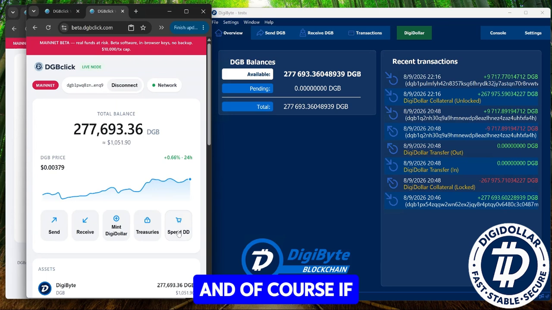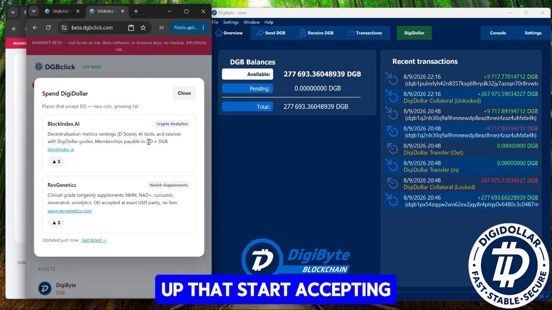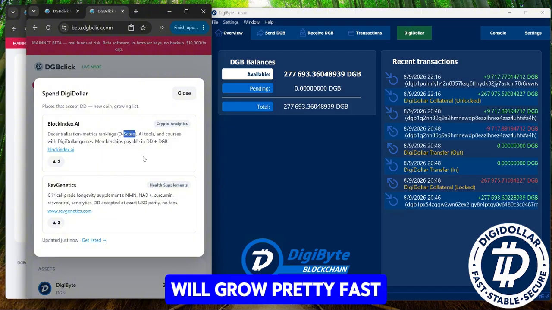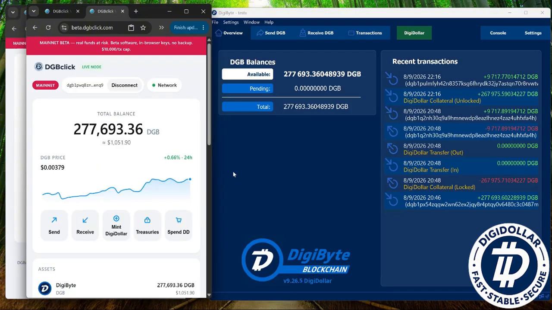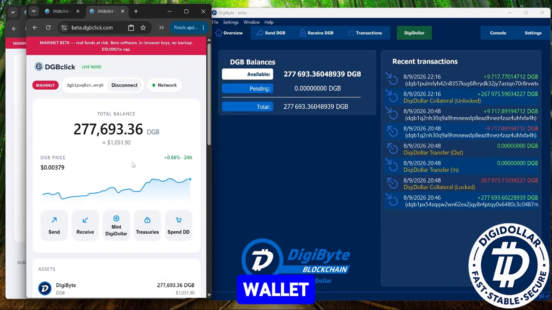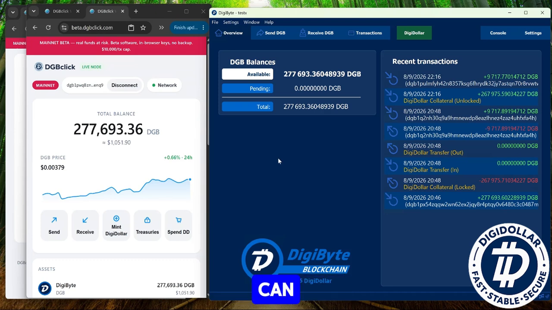And of course, if you guys know when new companies come up that start accepting DigiDollar, let me know. I'll add them to this list. I'm sure this list will grow pretty fast in the coming months. For now, I suggest to play around with your Web wallet and with your Core wallet. And if there's any questions, feel free to drop me a line and I'll be able to answer as best I can. Hopefully you can go to X, ask me there,